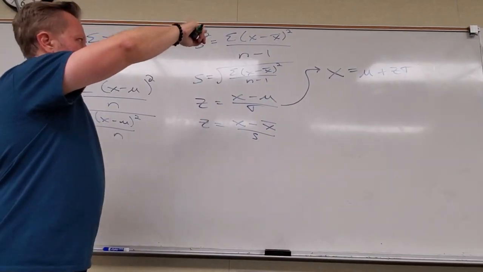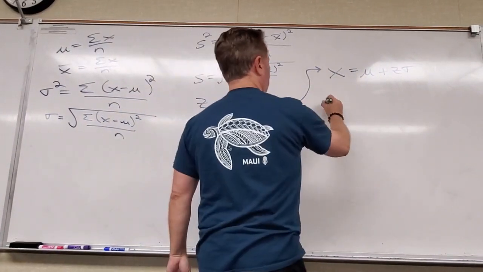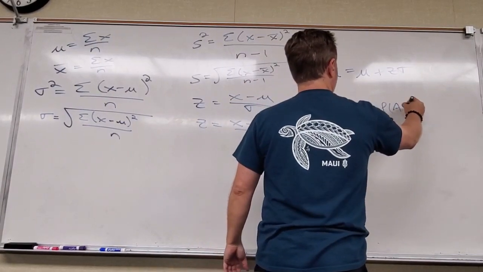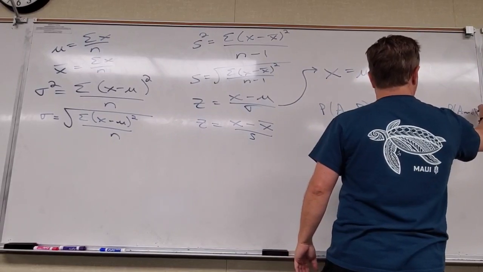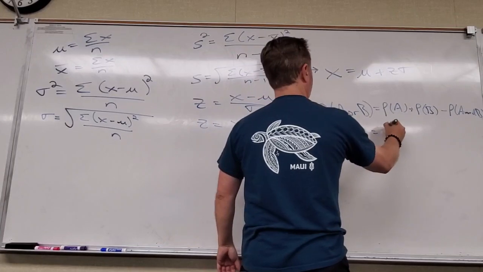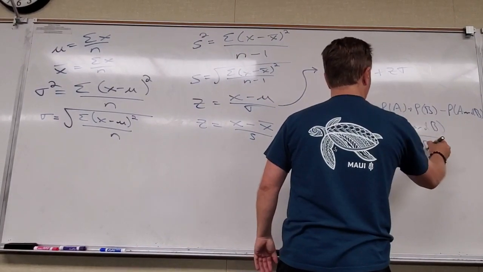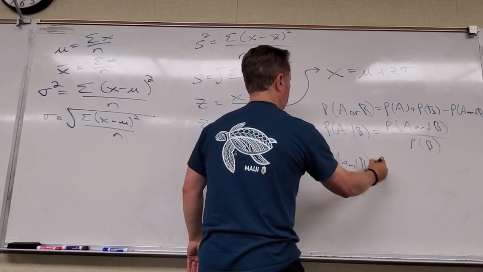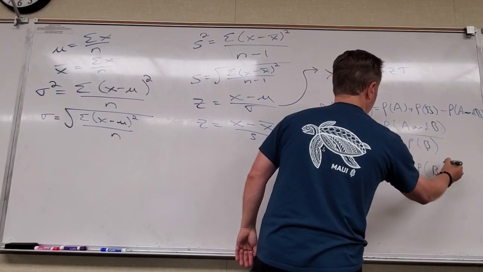Now, this is chapter 2. And then chapter 3 is just our probability problems, our probability formulas. Probability of A plus probability of B minus probability of A and B. Probability of A given B equals probability of A and B over probability of B. This one's going to suck a little bit because there's 2 ways to do it, but